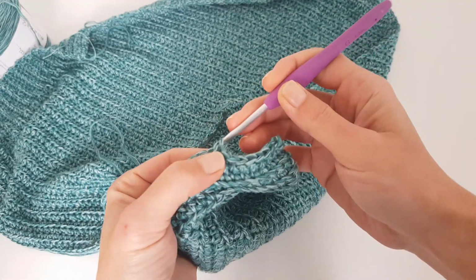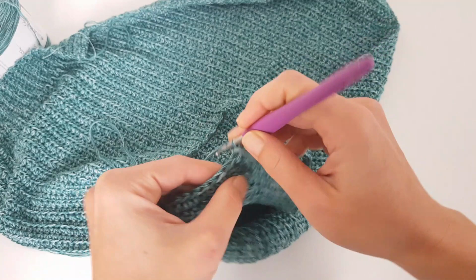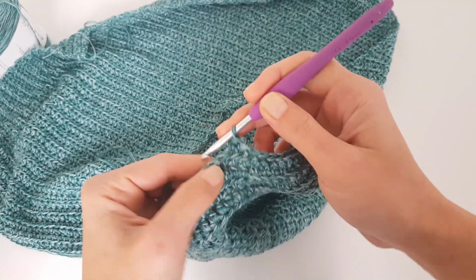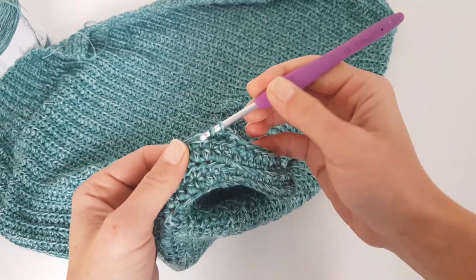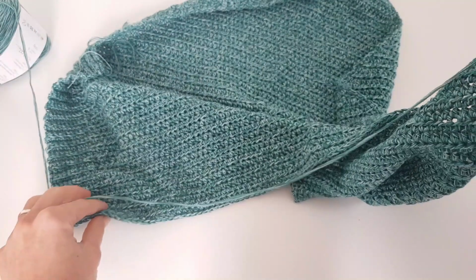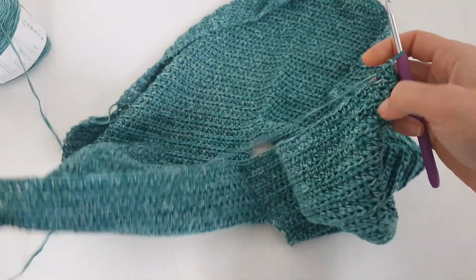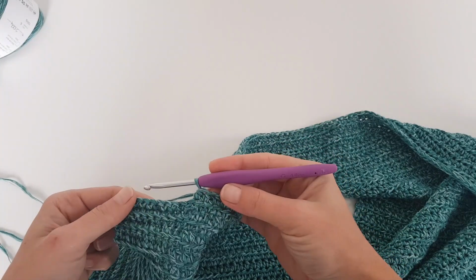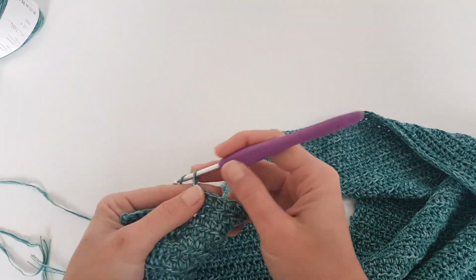And now into the first half double crochet I will do a half double crochet, and then I will continue with 1 half double crochet into each stitch until we have 10 stitches left, which is the ribbing, and there we will just stop with our row, because we are starting to work on the sleeve. So we will just stop on the last half double crochet. Okay, so I did the last half double crochet. So now chain 2 and turn,